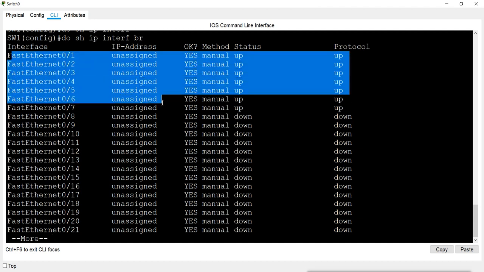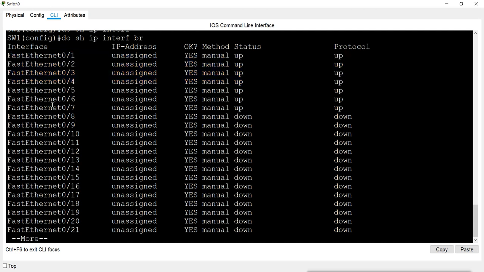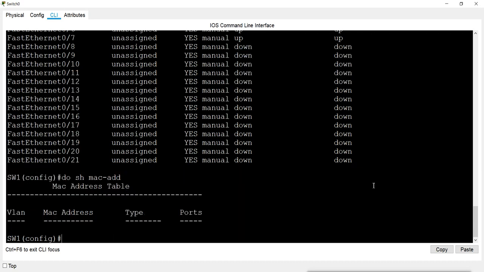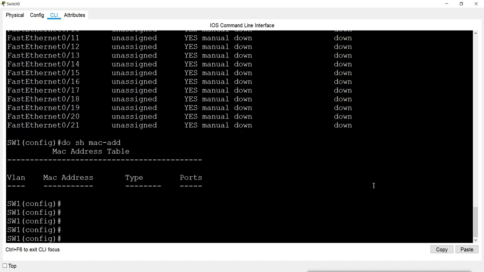Six ports are connected to those six machines, and the 7th port is up, connected to the other switch. We can also check the MAC address table. It is empty, but if it had entries, it would show which port belongs to which VLAN. Now I will go to that port.